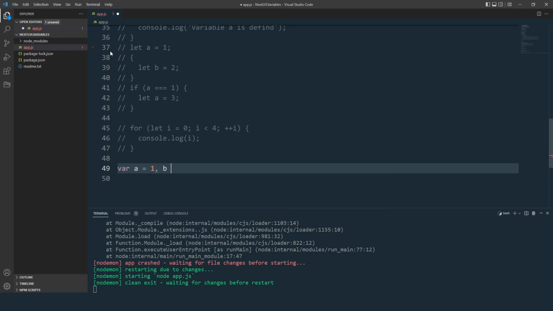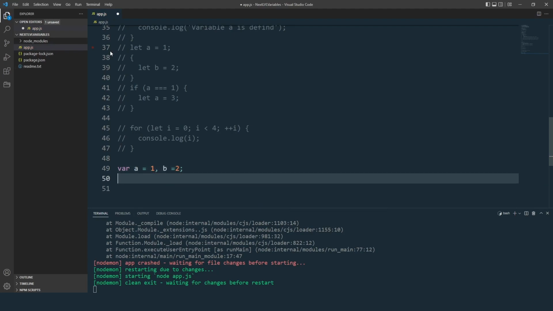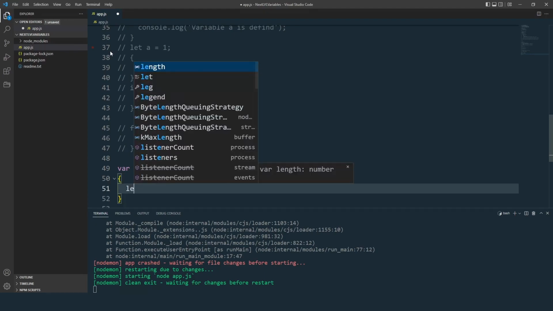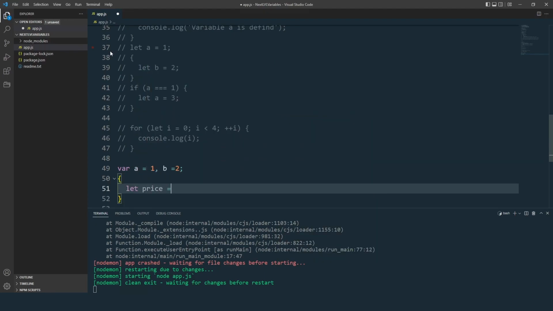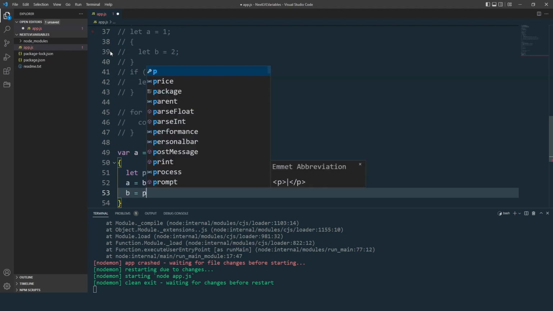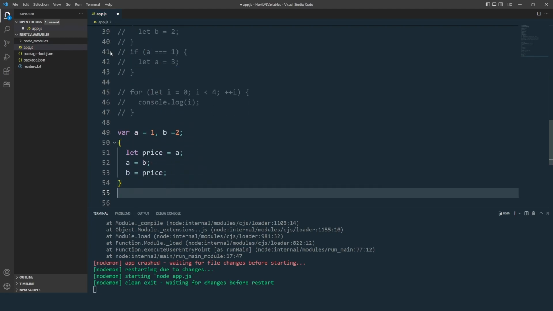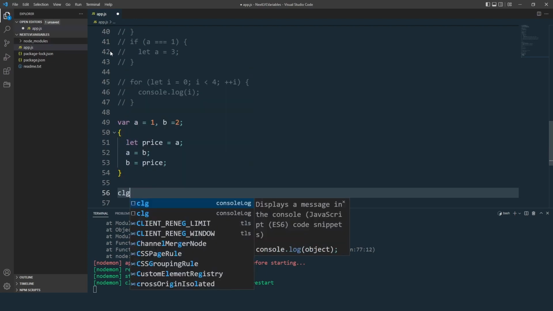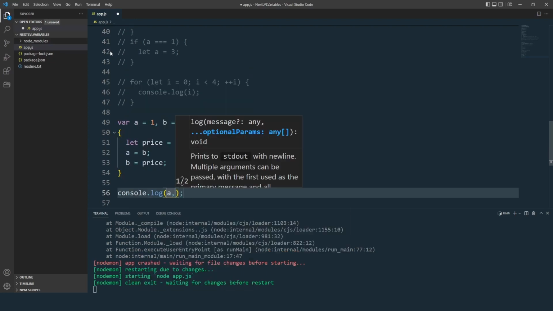The next example: var A equal to 1 and B equal to 2. And let's open a block. Let price equal to A, and A equal to B, B equal to the price. If I wanted to console.log A and B,